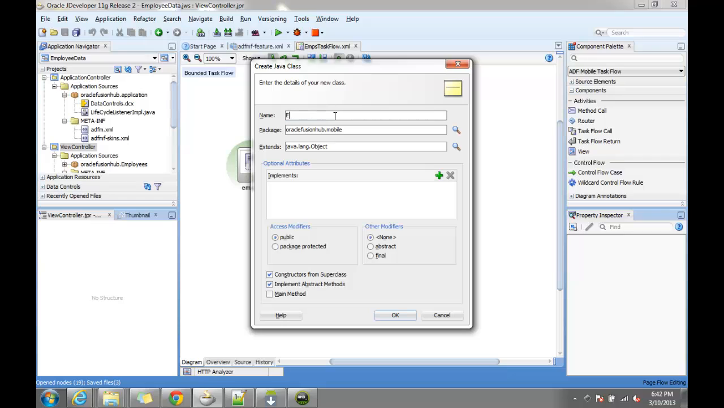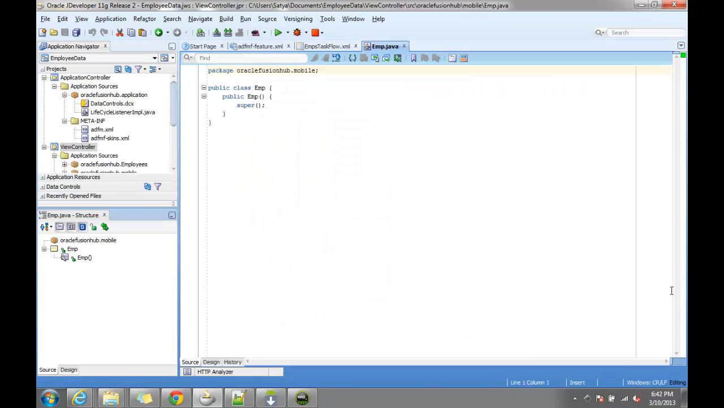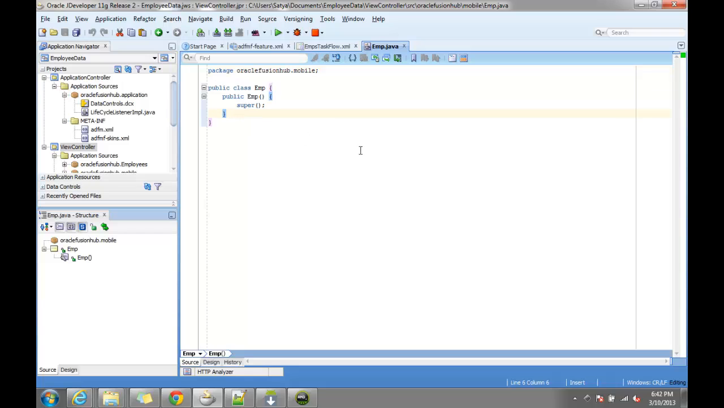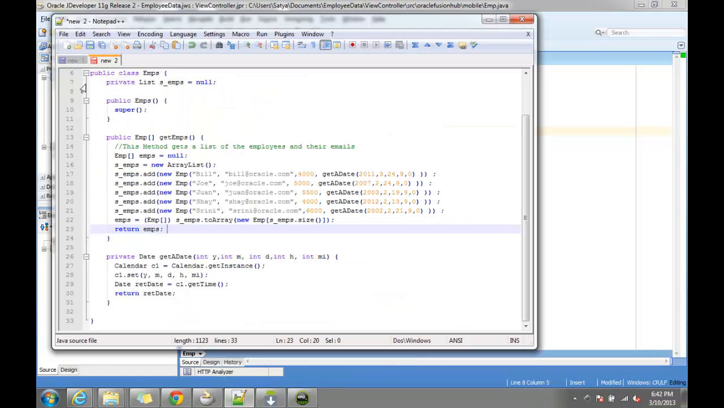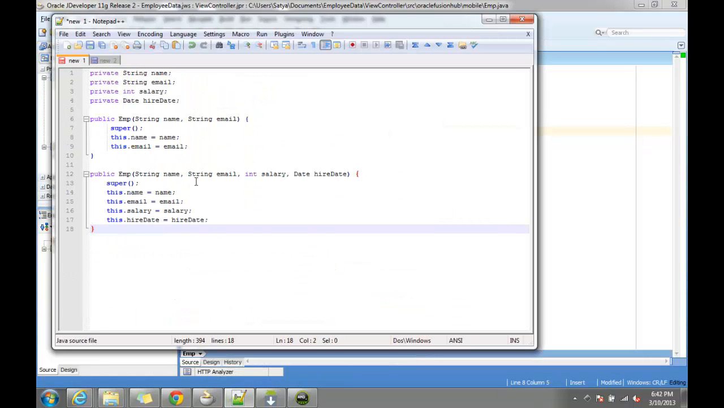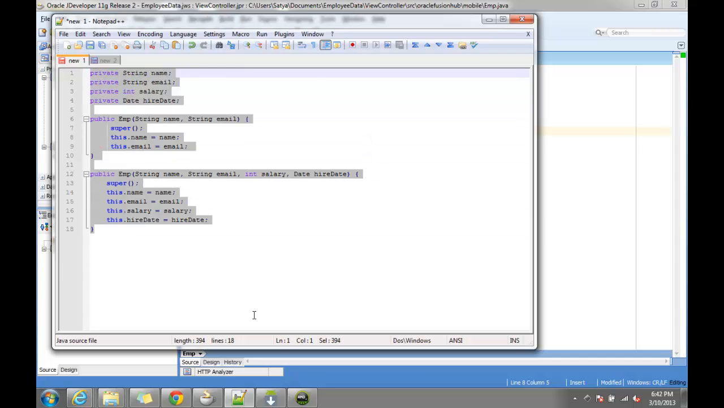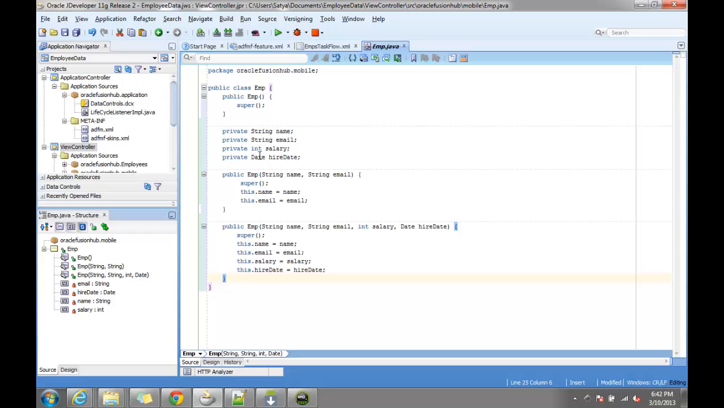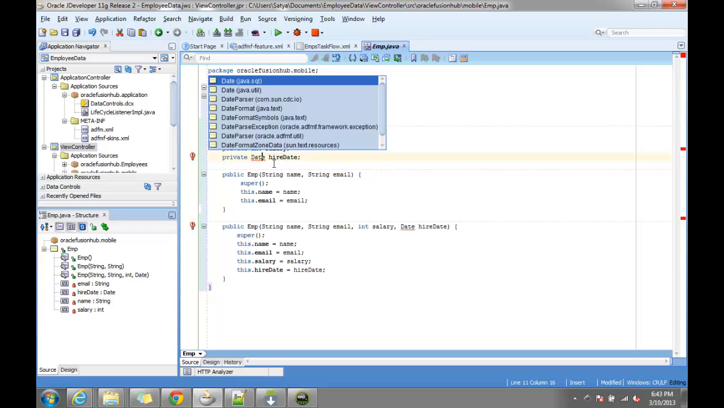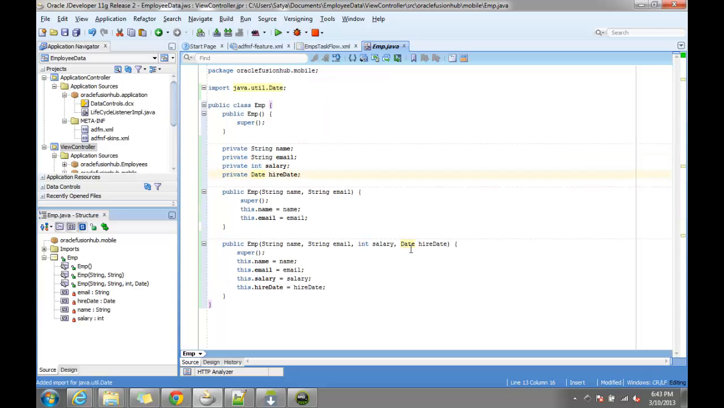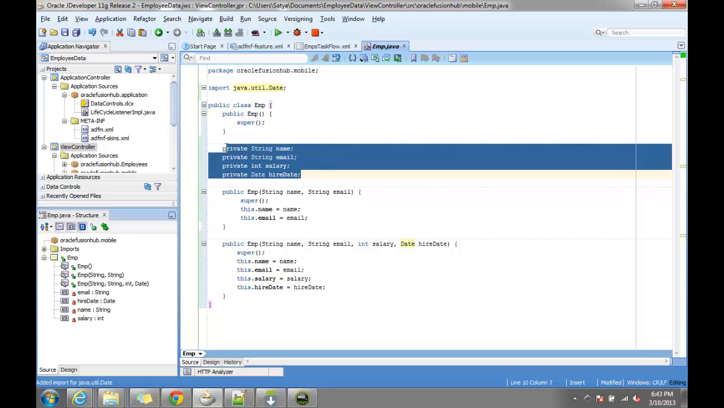And now create a Java class name as emp, and this normally extends the lang object, so you don't need to bother about any of the things. Just click on OK. So here you have Java class, and inside this start creating objects, and what we need is this part. So for the date, we need java.util, and what we have created is 4 variables here,